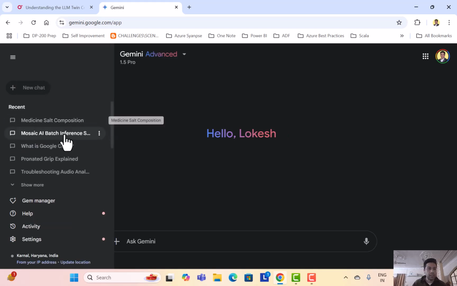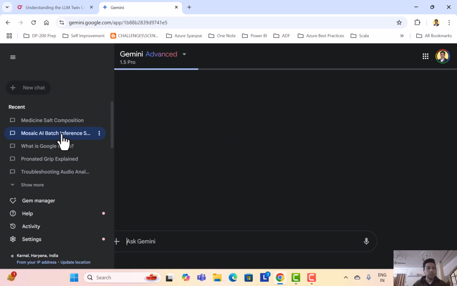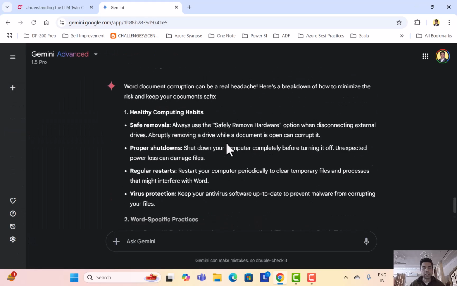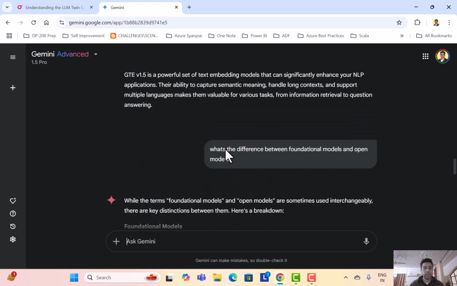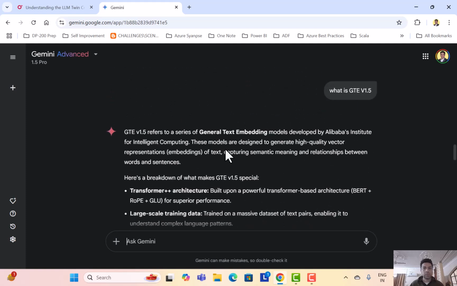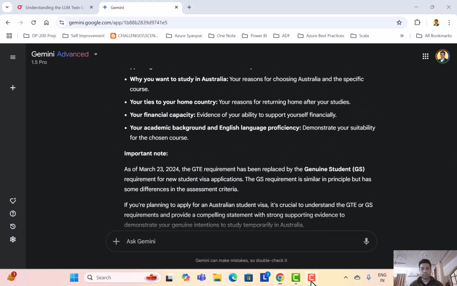You can see here, this is some of the research that I've done for my work related activities, and I'm finding it useful when you try to compare it with Perplexity. The thing that I like about this is that they are giving examples whenever you try to understand any topic which is a technical topic. So they try to find an analogy from the real world, which is always useful.